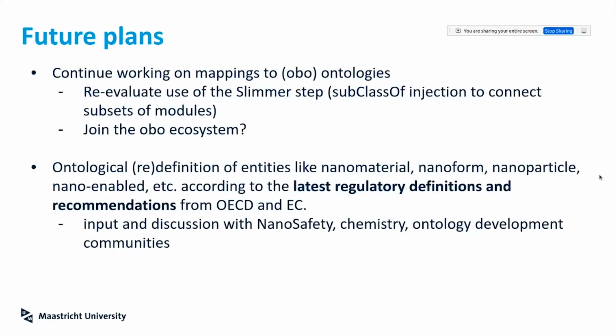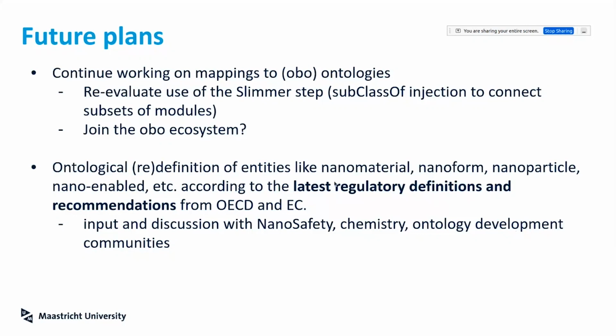Now, some future plans for the ontology. We're going to continue working on mappings to OBO ontologies, and in the spirit of analyzing if we're going to join the OBO ecosystem and to which point we want to be completely interoperable with the ontologies in the OBO ecosystem, we would need to reevaluate this use of the Slimmer step and perhaps adopt another methodology for constructing the ontology. And also we want to update some of the classes and entities